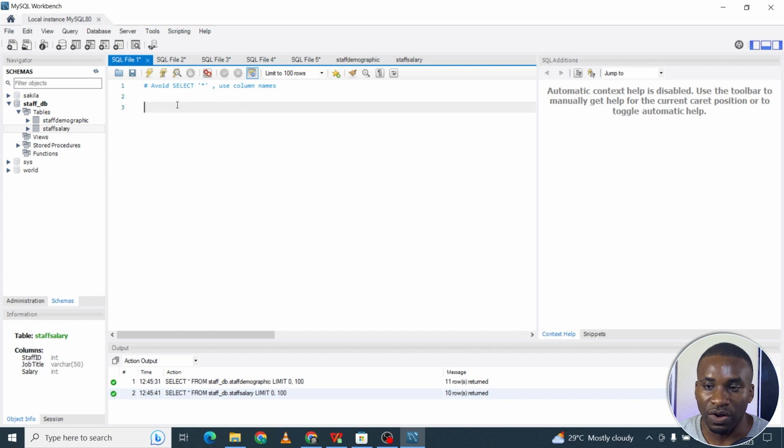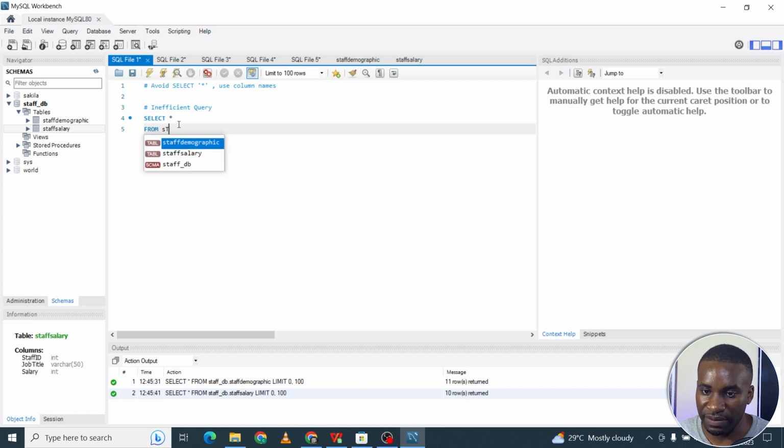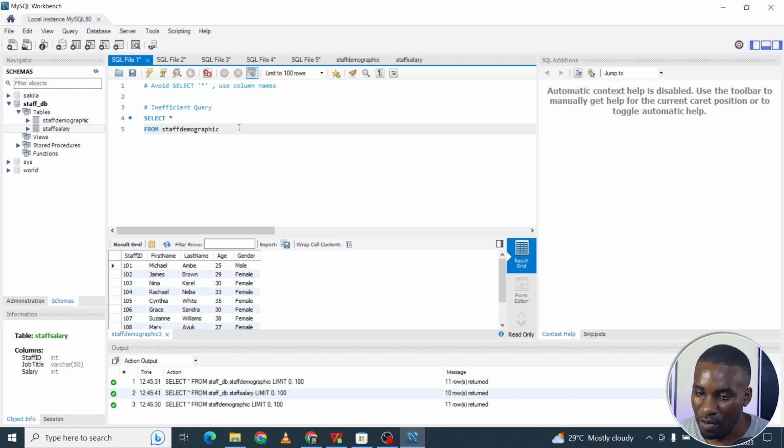So in the first case, we say it's good to always try to avoid the SELECT statement with the star. Try to use the SELECT with the specific columns you want. So an example of an inefficient query would be like you intended to get maybe just 3 columns out of the staff demographic table, and then you ran this, you took everything, when a more efficient way of doing it would have been